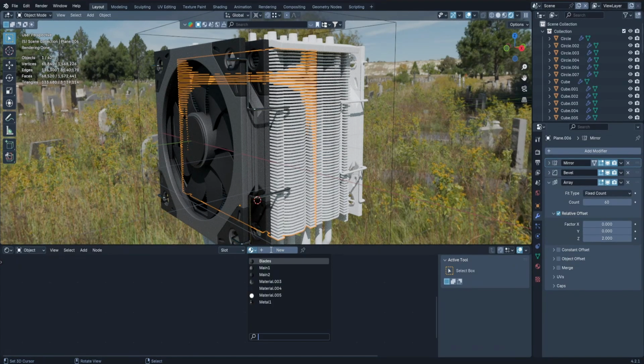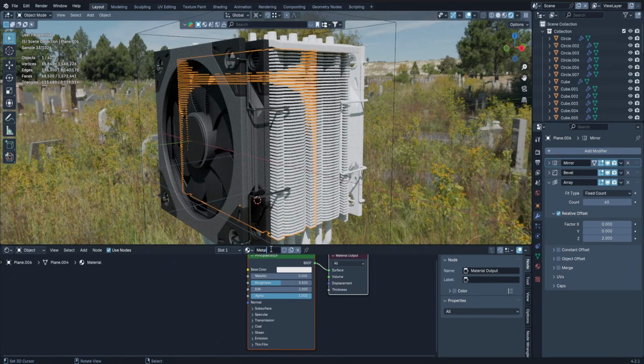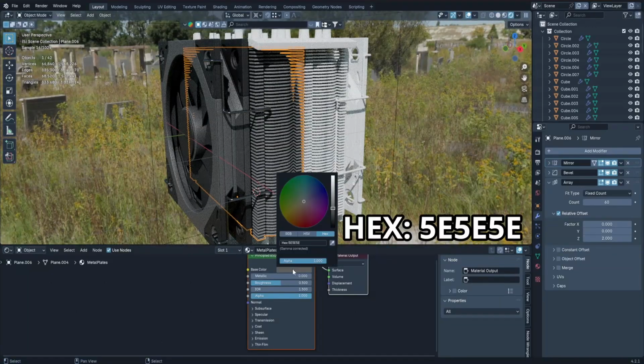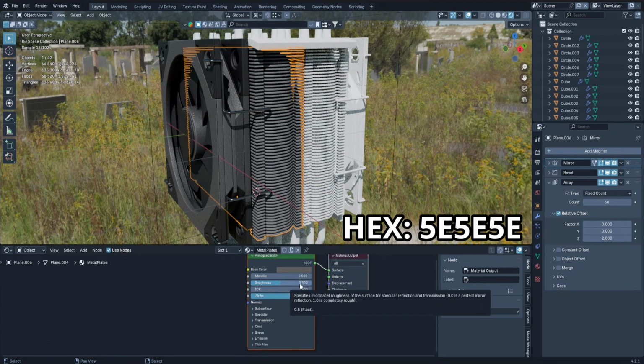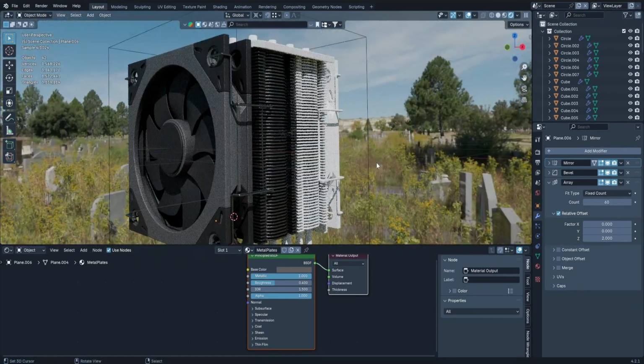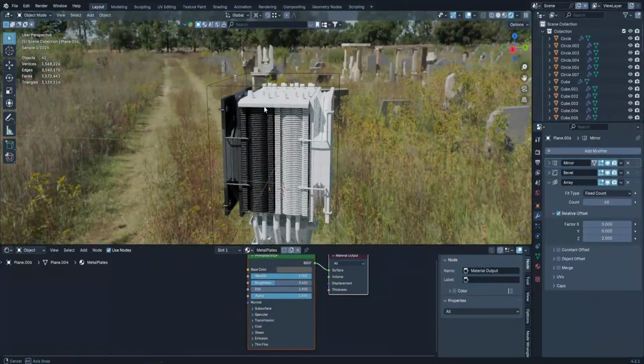Now let's create a new material and call it metal plates or metal radiator, whatever you want. And the hex value I'm going to paste is 5E, 5E, 5E. You can type the same number into your hex value. After that I will set the roughness to 0.4 and set metallic to 1. And I think it looks nice, so we can just switch to another object and create a material for the top